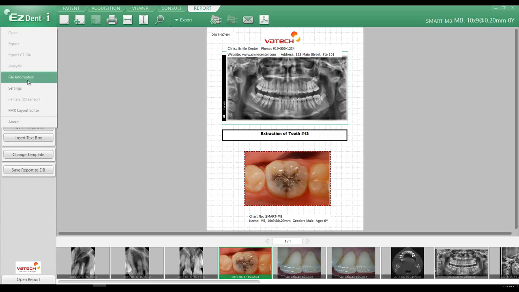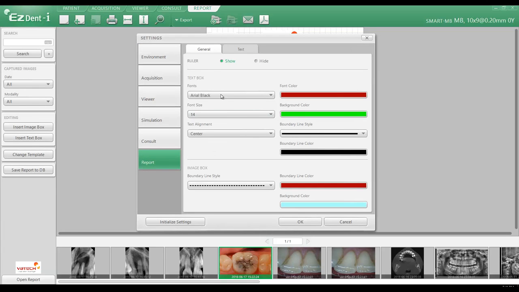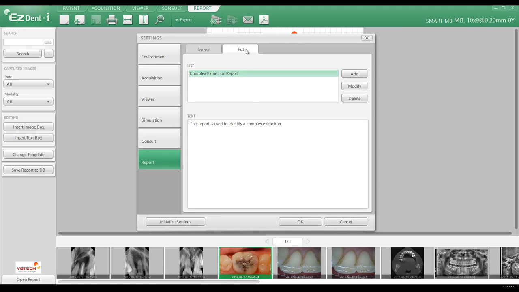We'll navigate back up to the EZDent icon again, left click on Settings, and this time go back to Report again here, and we'll go over here and navigate over to Text, where we can add macros basically, where we can add standard text to our report rather than having to retype the same text over and over again. We have one in here already called Complex Extraction Report with a text that would automatically be added to a report when it's